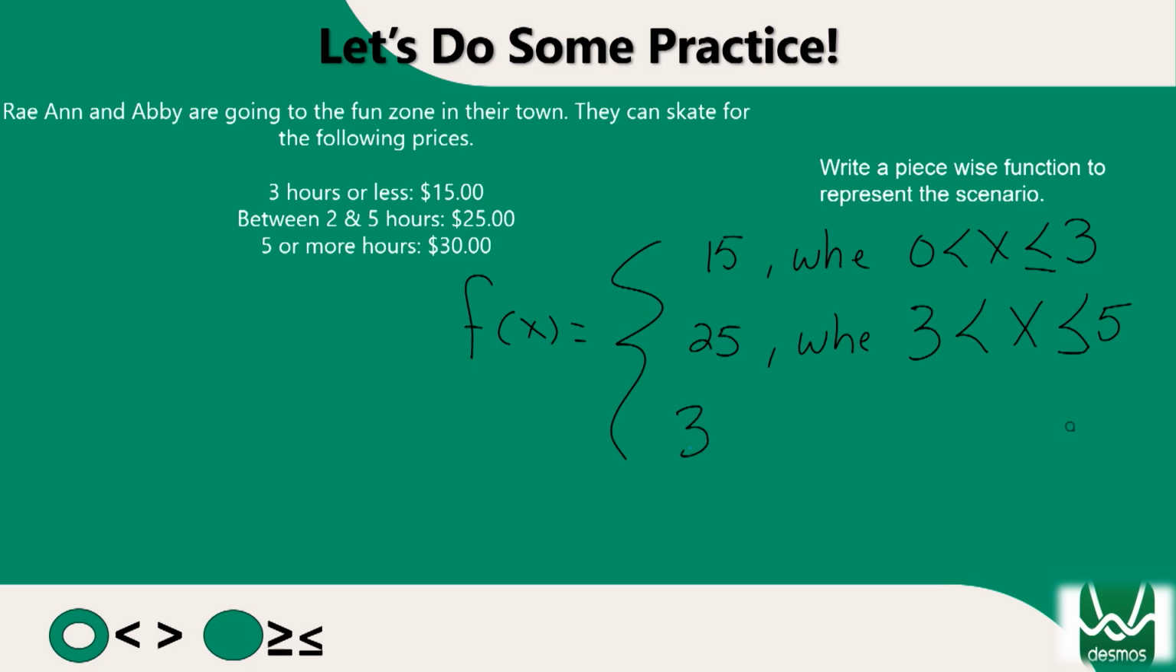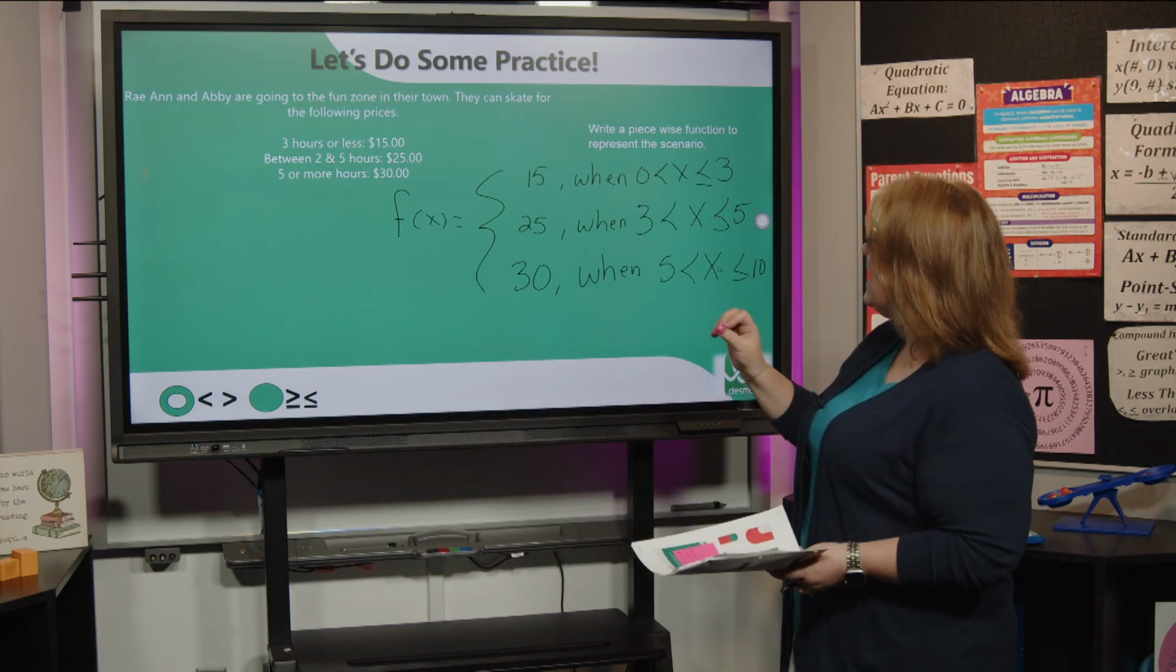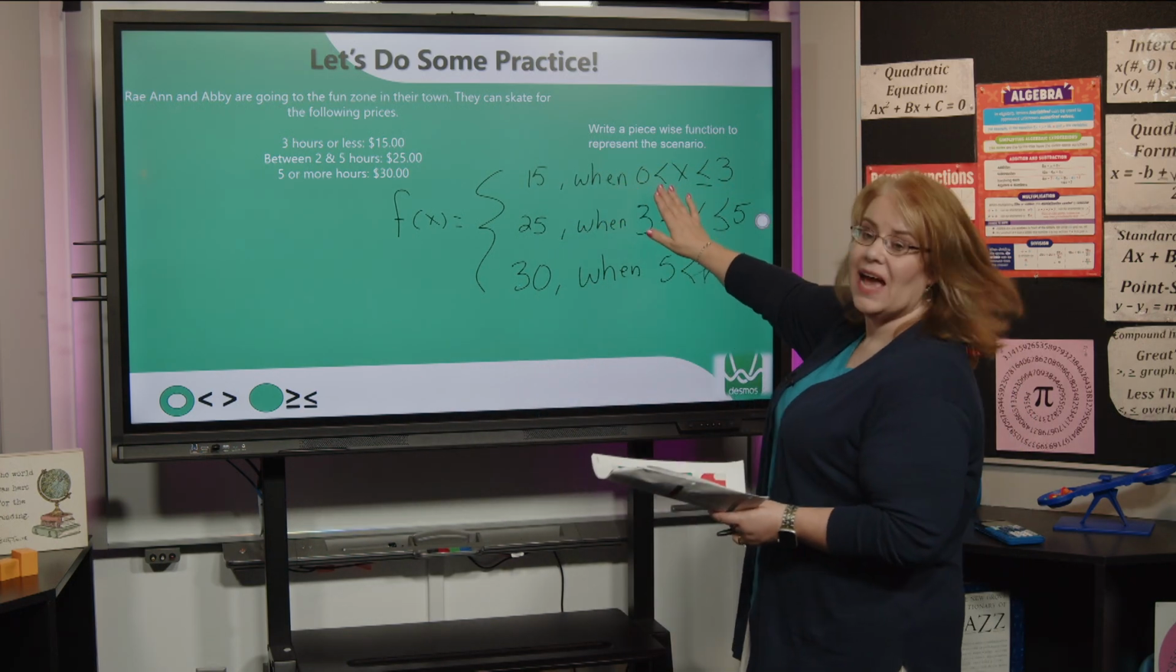Or then I would have 30 when, didn't put my ends, 5 is less than x. And since we just can't leave this infinity, let's just say 10 hours. Because who can skate for 10 hours? I know I can't. So now that we've written this, I can see $15 when my time is between 0